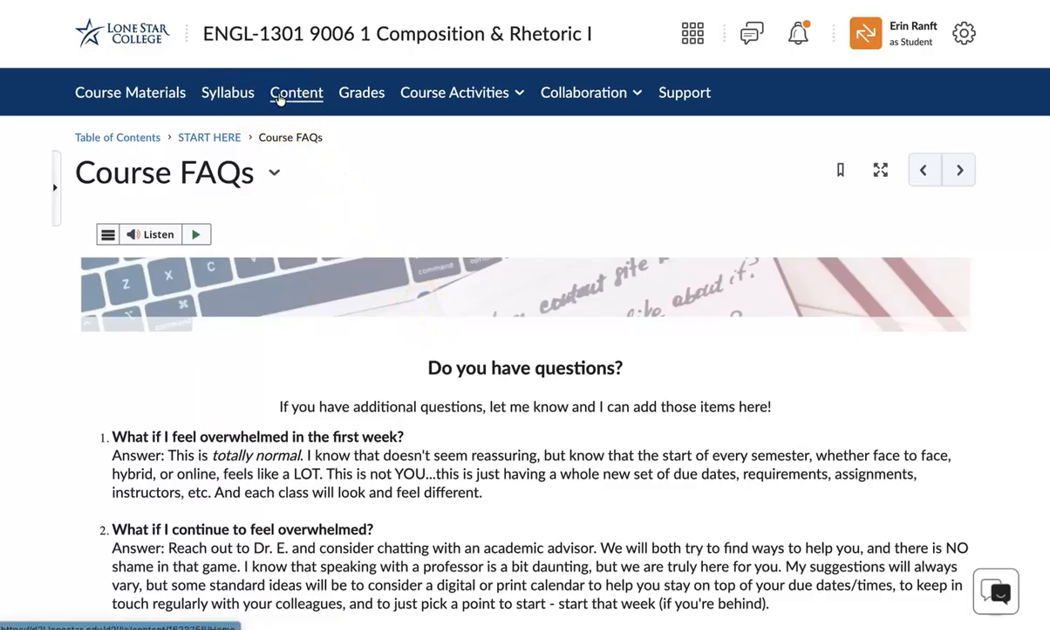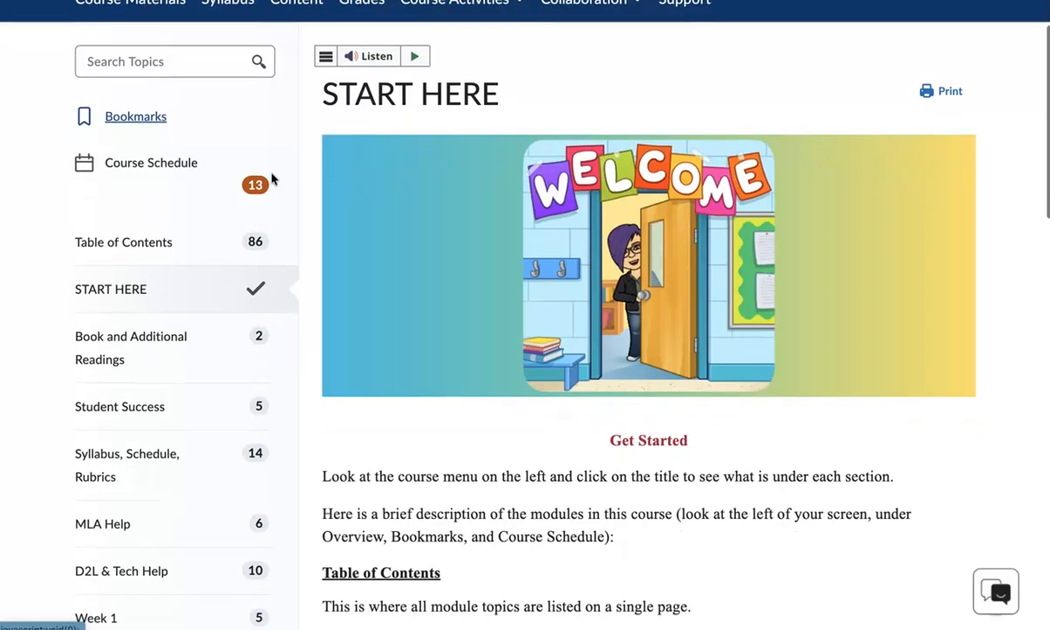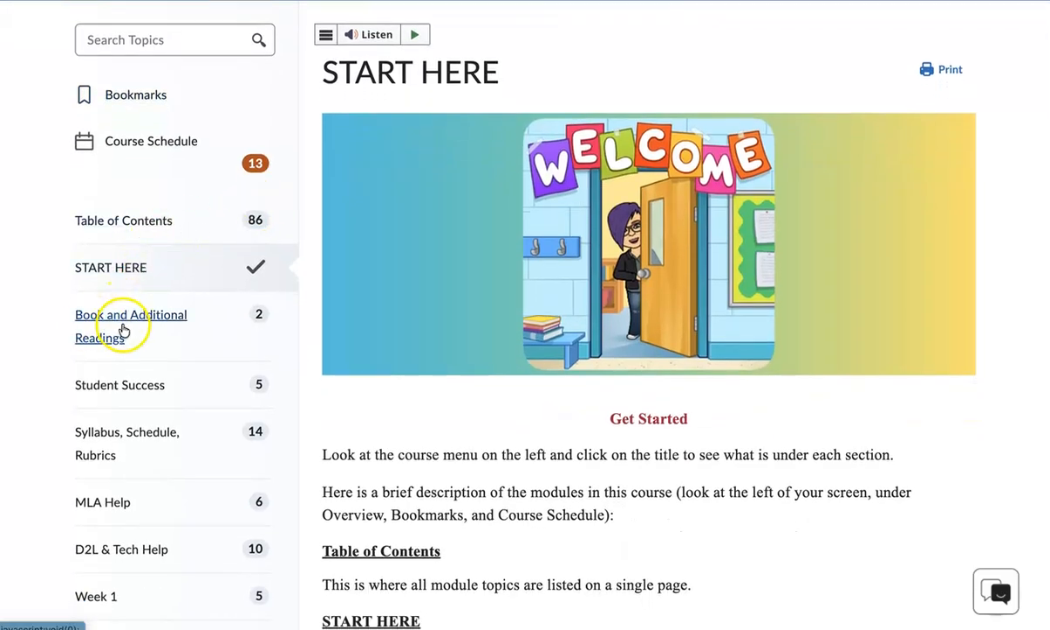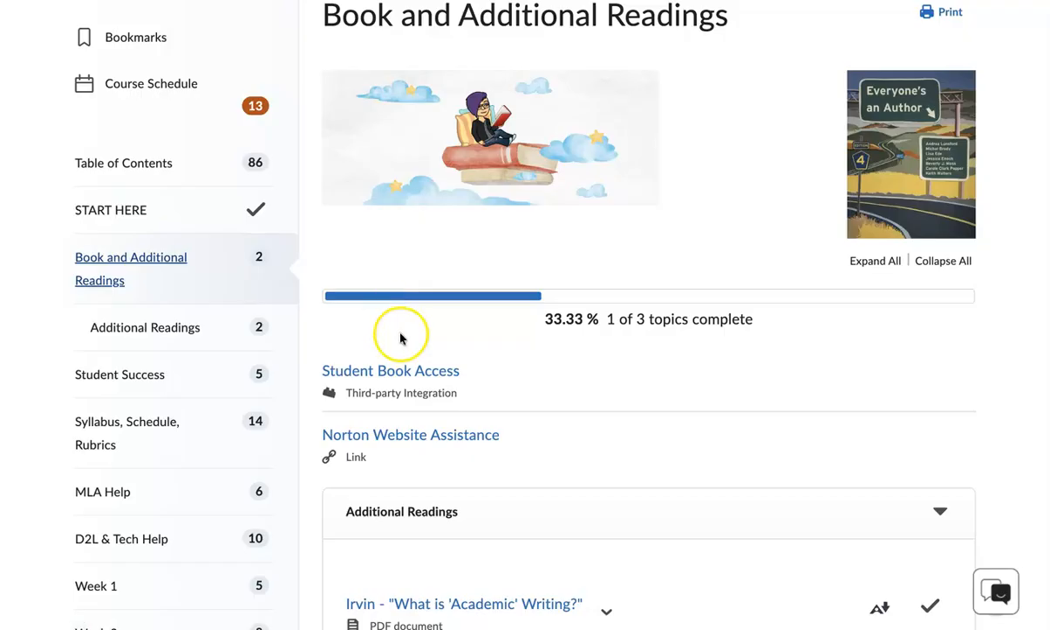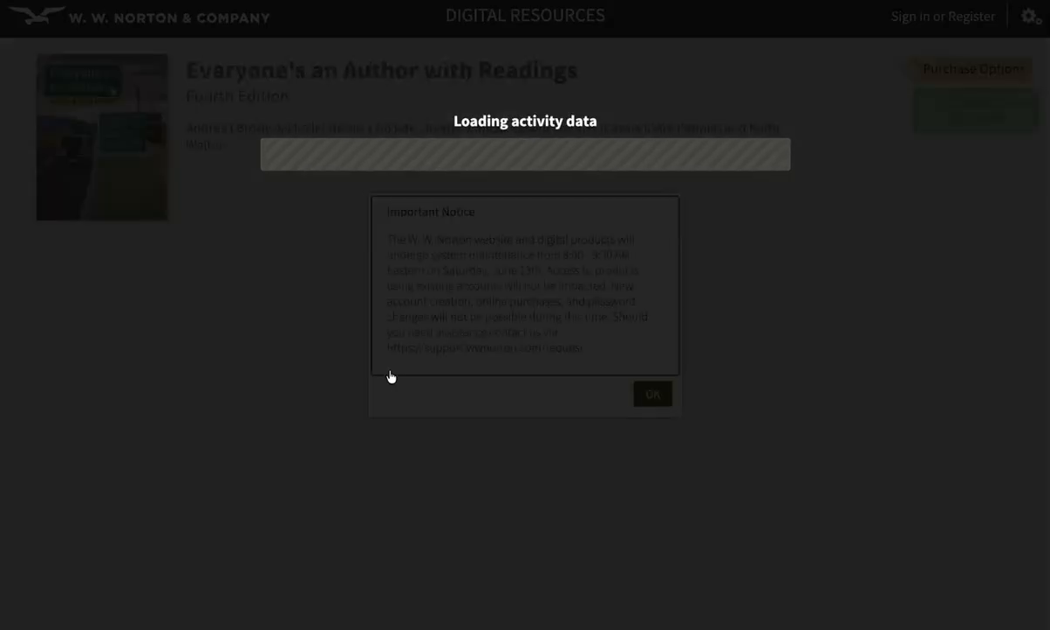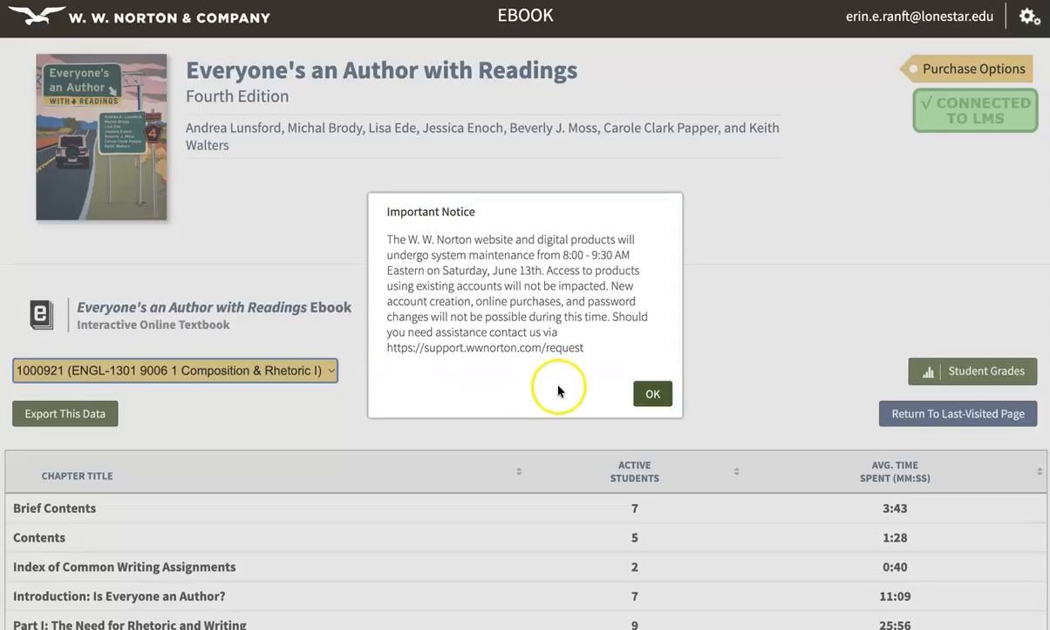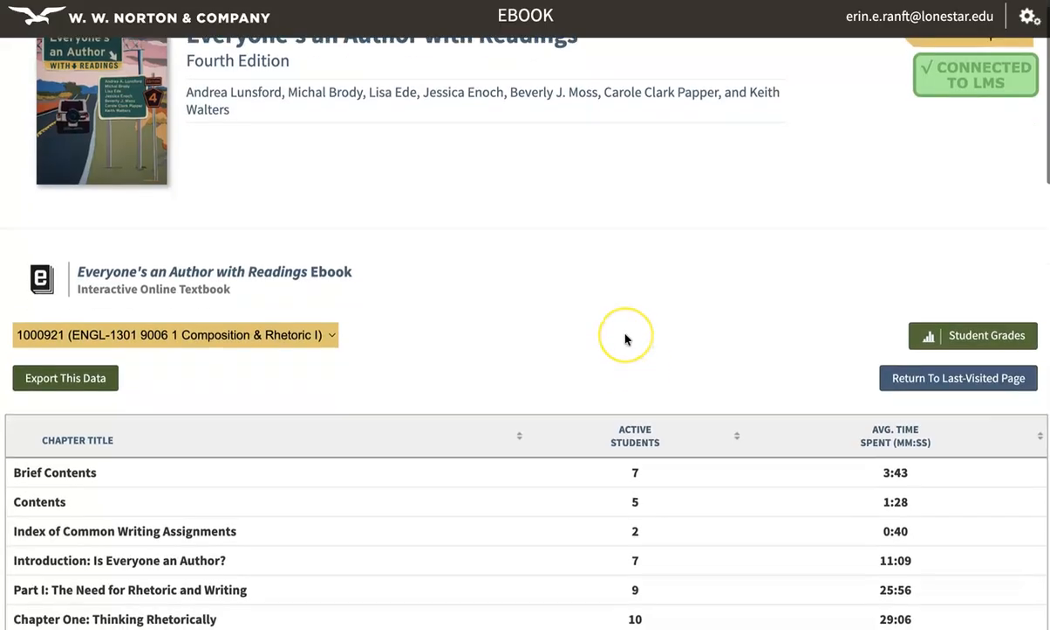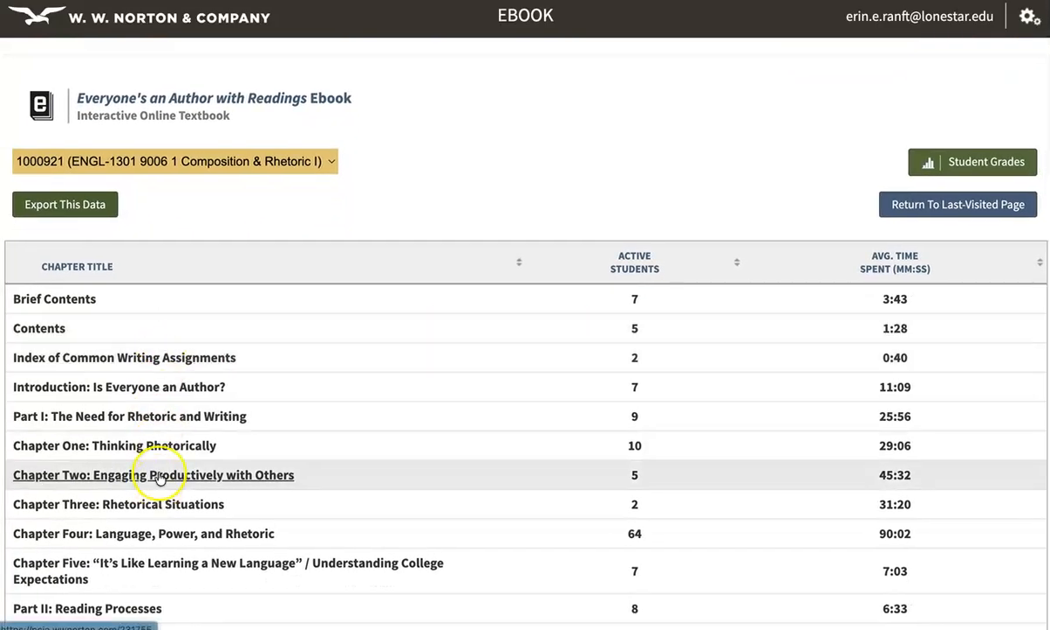So I'm going back to the content area, spend some time with the start here, the book and additional readings. You have access to our course text through D2L. That's part of essentially your tuition. So when you need to read chapters, you just go to the student book access link that's right here. It may ask you to agree to the terms, so you'll just click through, and if you scroll down, this is our book essentially. So if you want chapter 1,